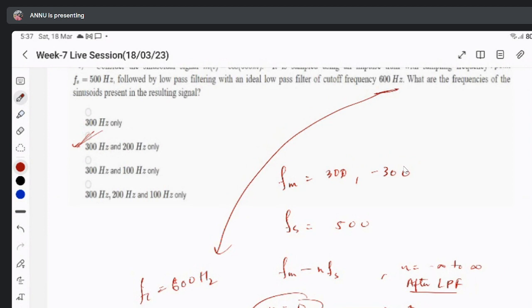So less than 600 means the maximum frequency plus something, maximum frequency minus something. So maximum frequency is 300 and maximum frequency minus